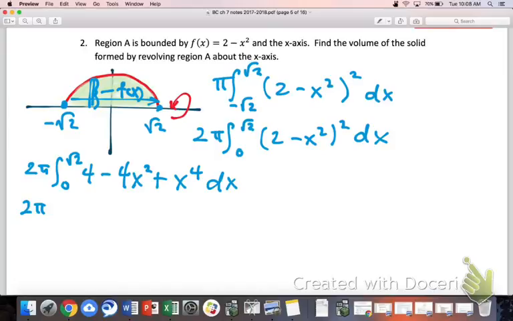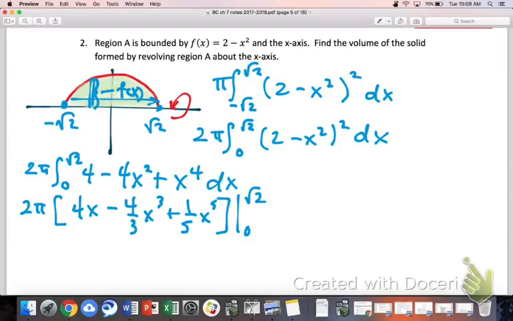So if we do our antiderivative, we get 4x minus 4/3 x cubed plus 1/5 x to the 5th, evaluated from 0 to root 2. And then really, to finish this out, we just need to evaluate it at root 2 and subtract the evaluation